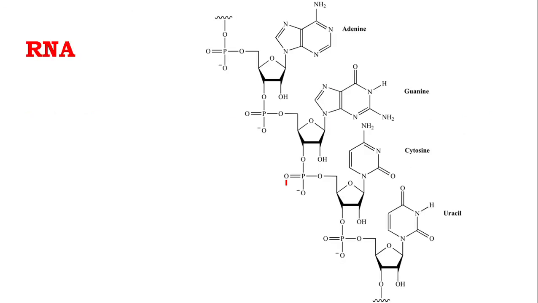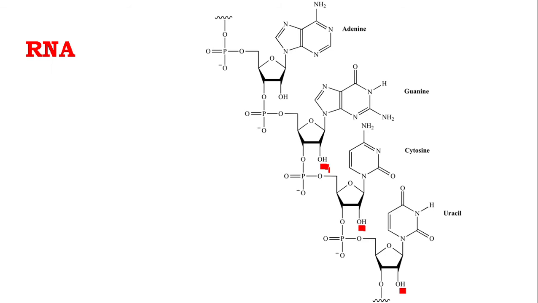First of all, let us come to the case of RNA. You know all those things. I told you earlier that the oxygen on the phosphate is ionized, so there is a negative charge. Apart from that, there is an OH group on the ribose sugar as well. So this is the structure of an RNA molecule.